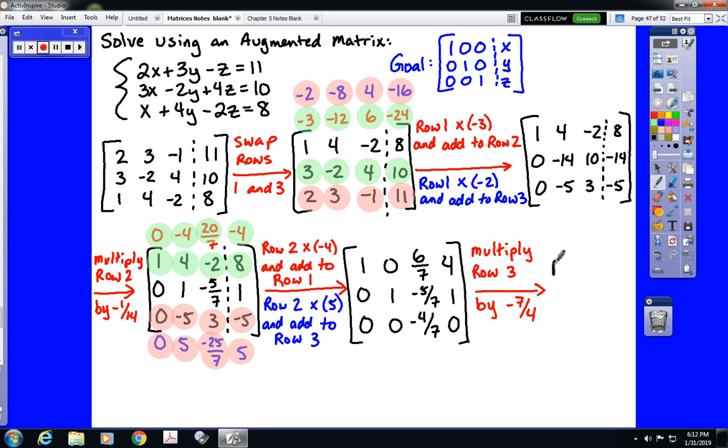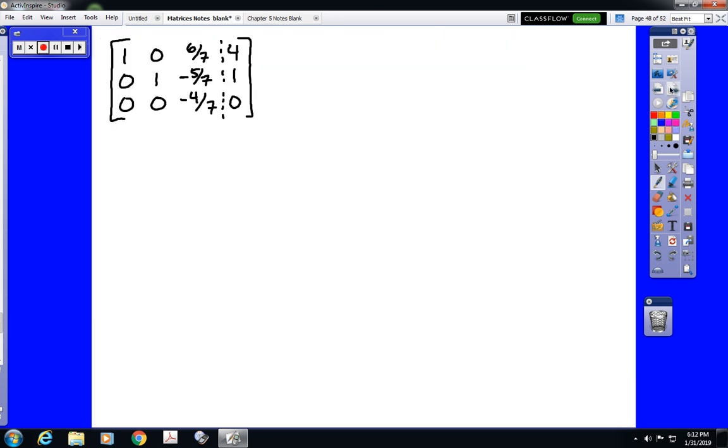I'm going to write that result on the next page. So take a second, make sure you're with me here, and I'm going to get that copied over to the next page. Okay, there we go. Now when I multiply by -7/4, that's going to give me that,